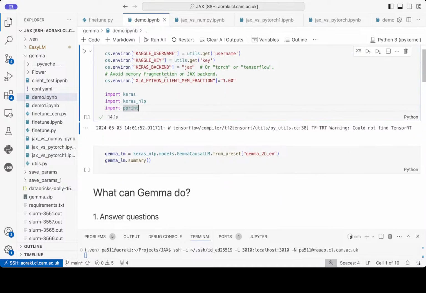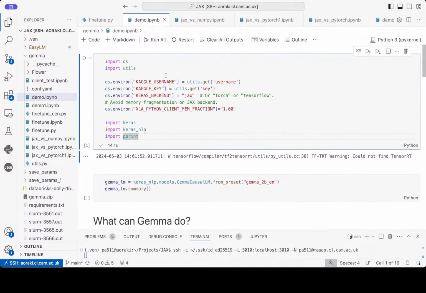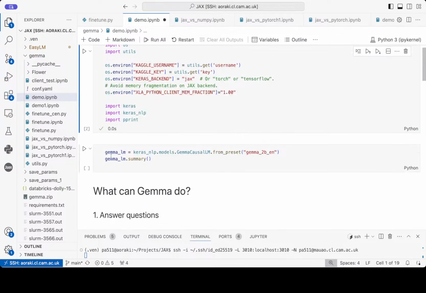Okay, so now we get into Gemma. As I said, Gemma is a large language model that has a huge vocabulary size. In order to run it, we need a GPU. There's no way of getting past the GPU needs. So I'm going to run this to get some information, and I'm going to load the smallest Gemma model possible, which is the Gemma 2 billion model.